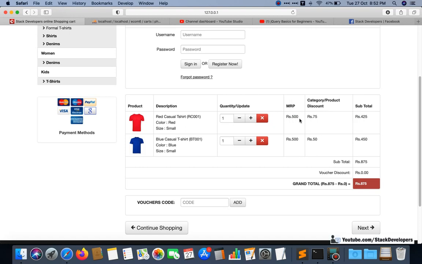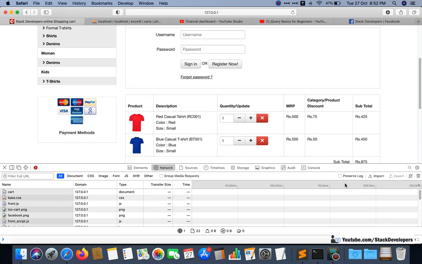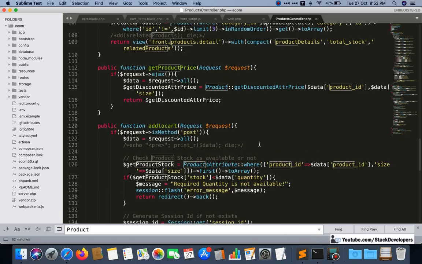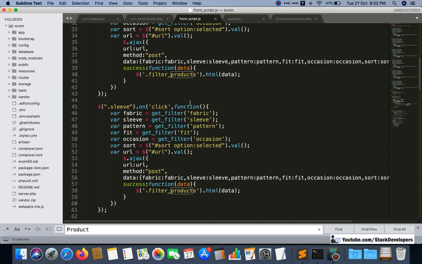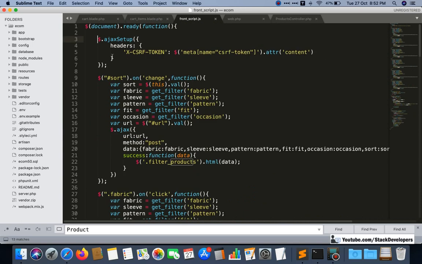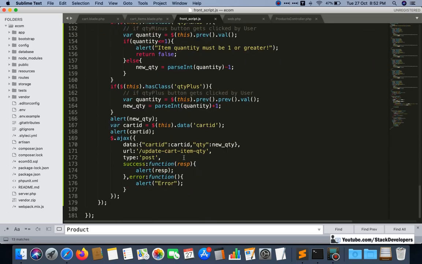Inspect is also required, because we want to check whether the request is going. And one more thing, for the CSRF token we already added it at the top, sorry, here in front script. See here. Don't leave this one, you need to add it in your front_script.js file, otherwise that error message will come up.